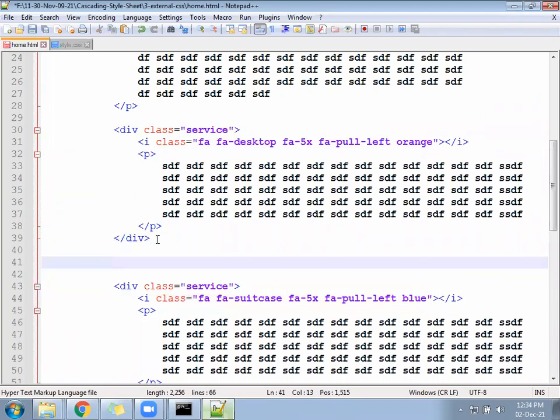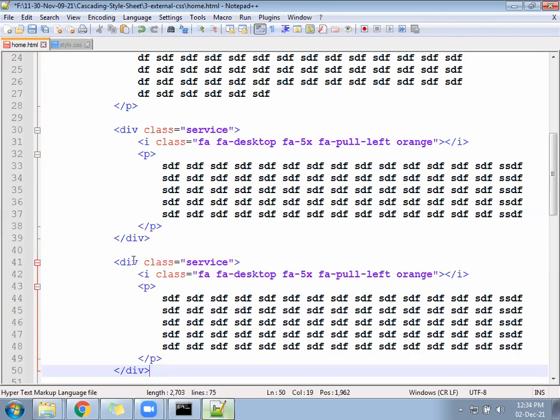Copy one division, paste it in between. Okay, pasted here.